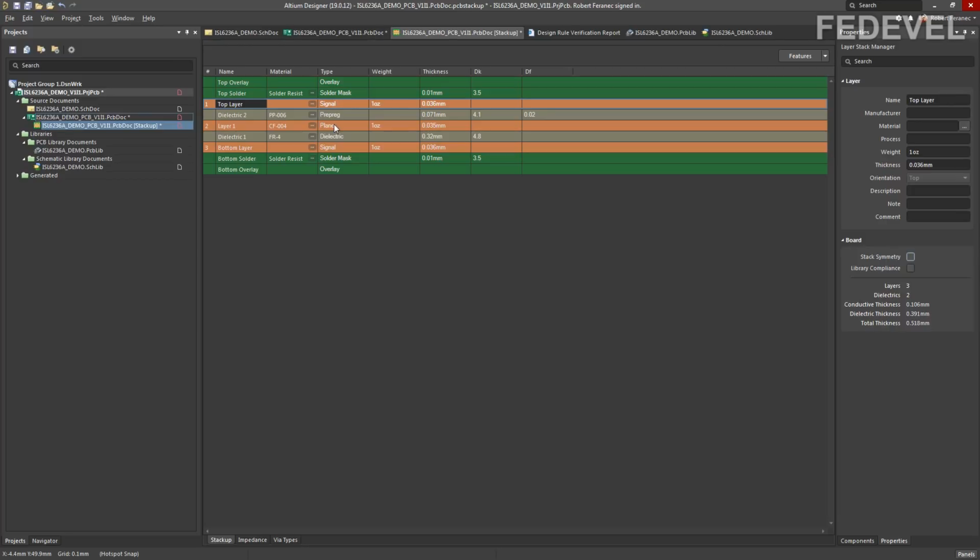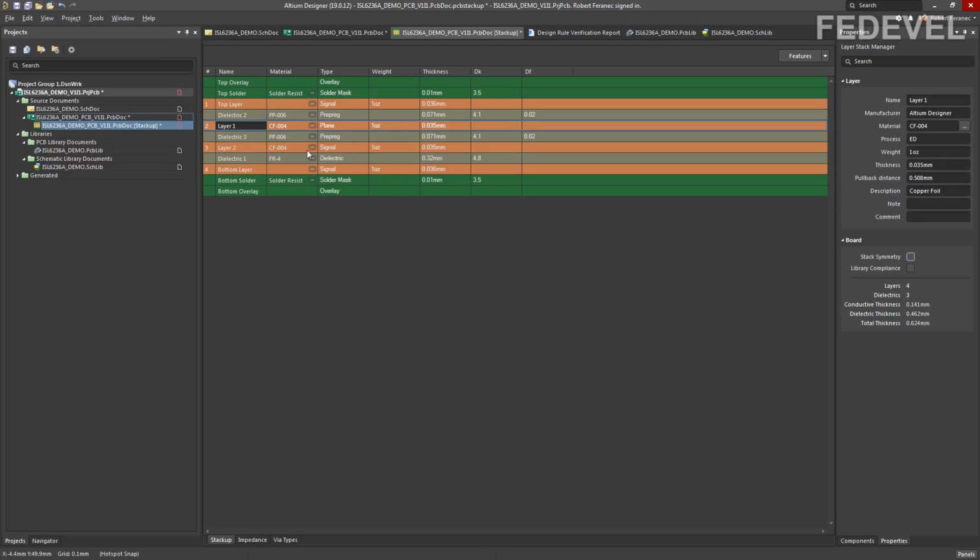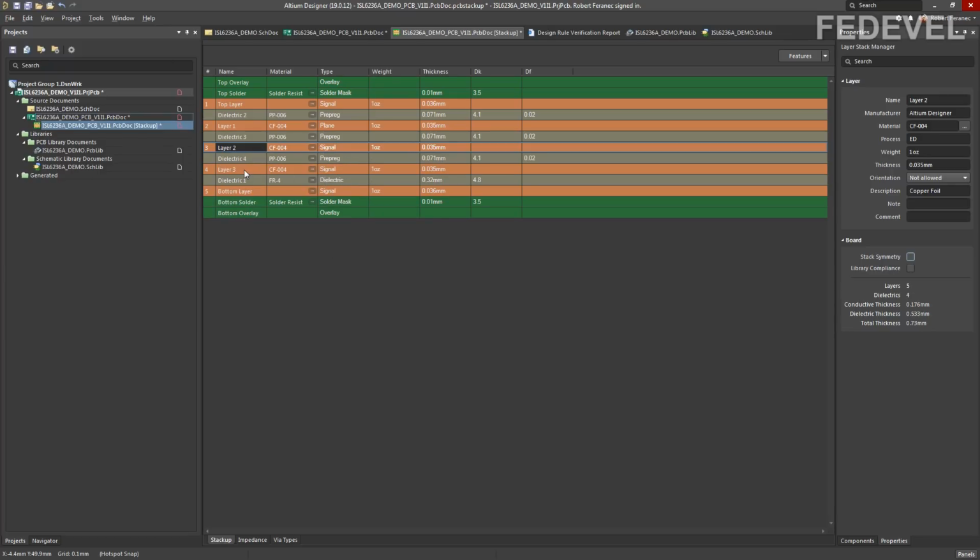On plane, if you draw something, it means it will be space. We would like to add a signal layer, so right click on layer 1, insert layer below signal. We would like to add one more signal layer, so right click signal, and we would like to also add one more plane. Right click, insert plane.